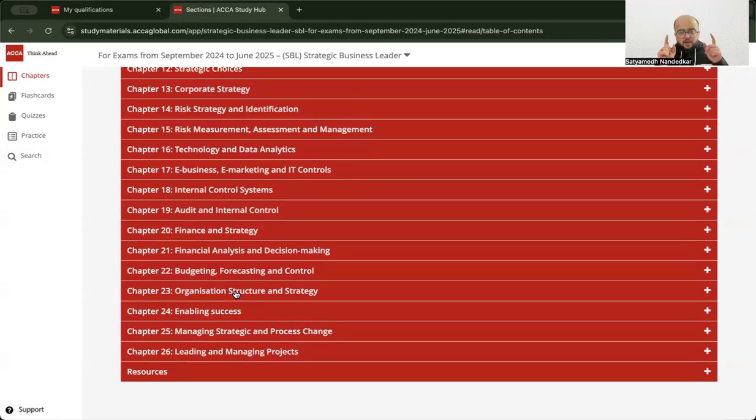a linkage with audit, which is why I often recommend to students that you should not take Strategic Business Leader as the first paper. Strategic Business Leader is a culmination of your ACCA journey. You studied to be an accountant first in SBR, then you studied how audit is done in AAA, or you took up Advanced Financial Management and you thought like a treasury manager or a CFO. If you took Advanced Taxation, you understood how the taxation aspect of a particular financial reporting activity works and how to optimize a tax situation. And if you had taken APM, you worked accordingly. Strategic Business Leader is the culmination of your journey.